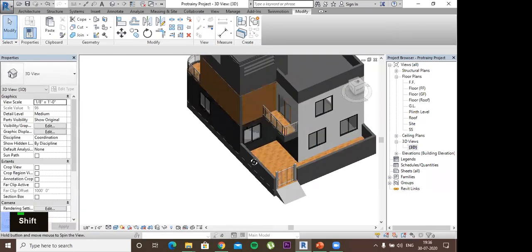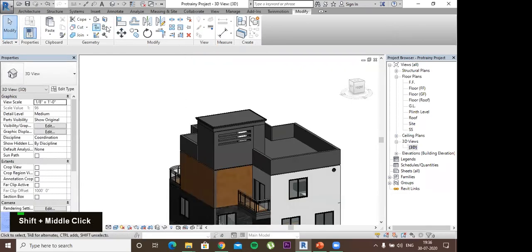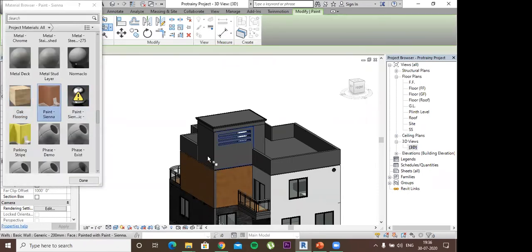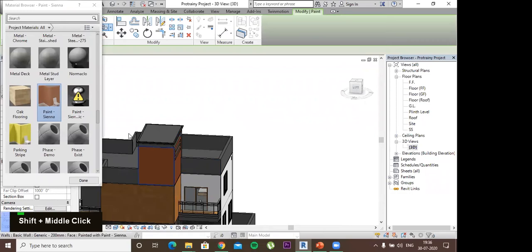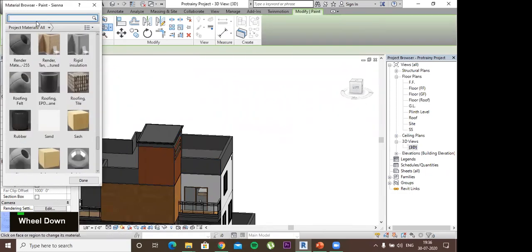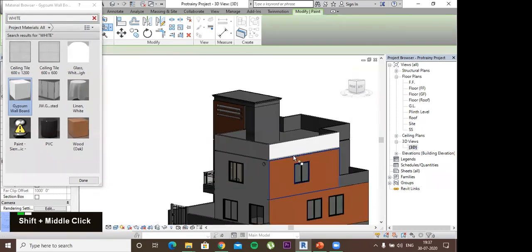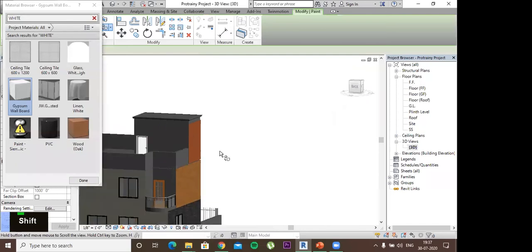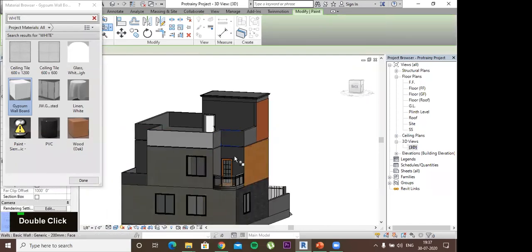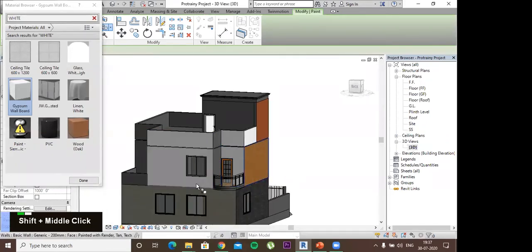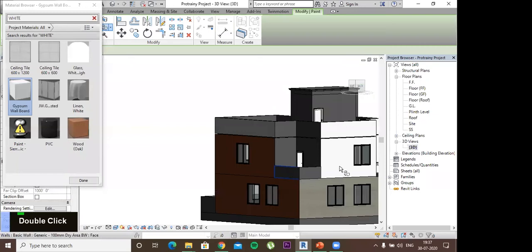so I'll just apply some type of materials here and then make a final render. I'll show you how our project looks like. I'll apply some white color in the boundaries. I'll apply all these wall boards here. Wherever I haven't applied a material, I'll just select the white color because we don't have much time.